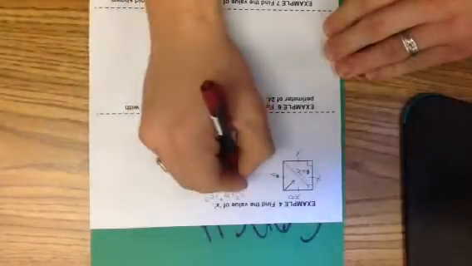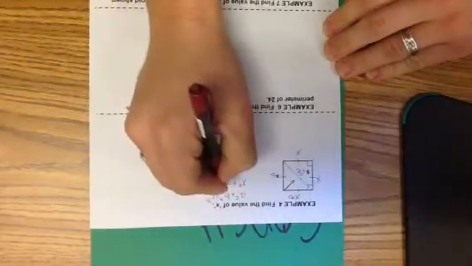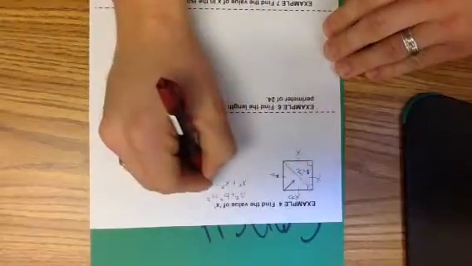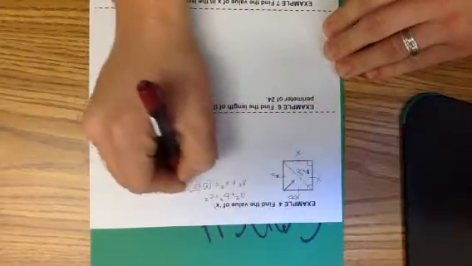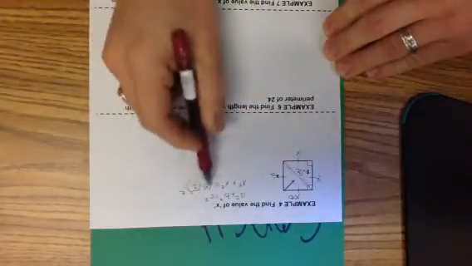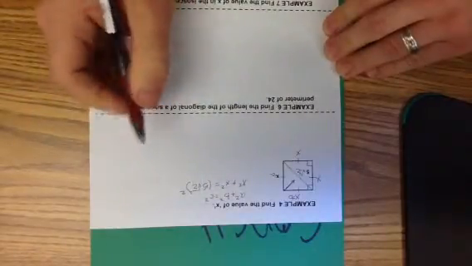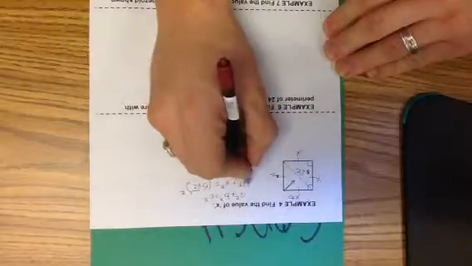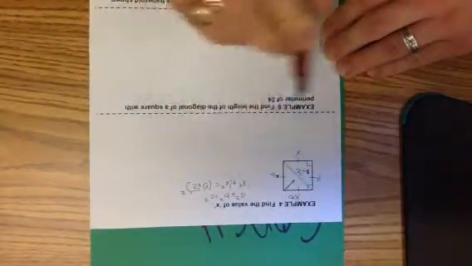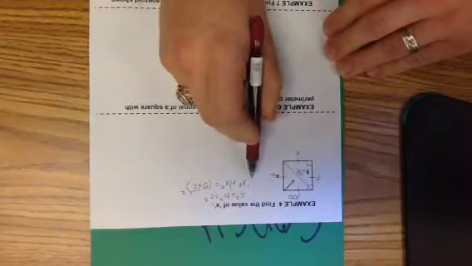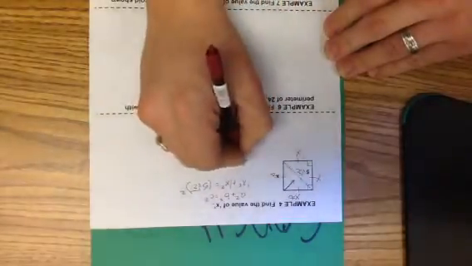So x squared plus x squared equals (5 square root of 2) squared. Notice how I'm still putting parentheses there to make sure I distribute my exponent to both parts of that number. There's always an invisible 1 if there's no number in front, no coefficient in front of my x squared. So 1x squared plus 1x squared is 2x squared